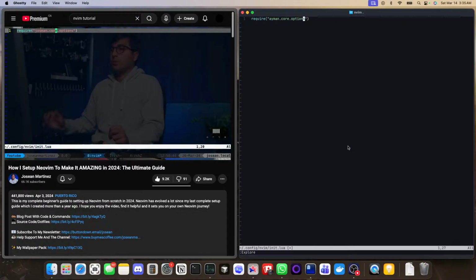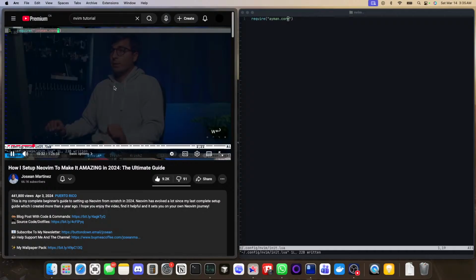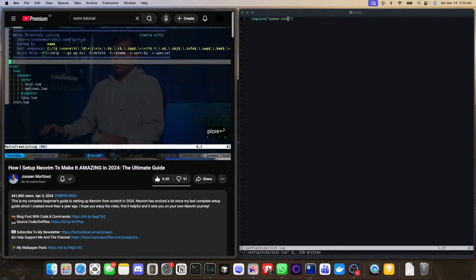Yeah, I was trying to do that. Let me just remove this and :w. Perfect. Core.options, we can now require just hosian.core and save this file. I'm going to open the Explorer again by doing :explore enter,